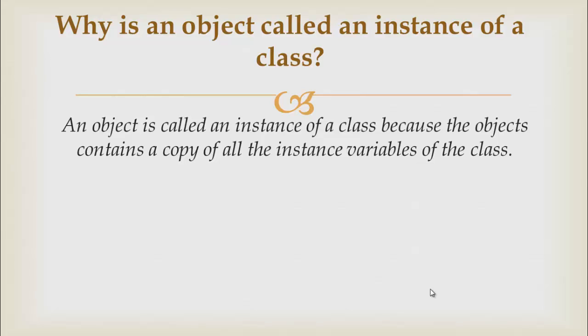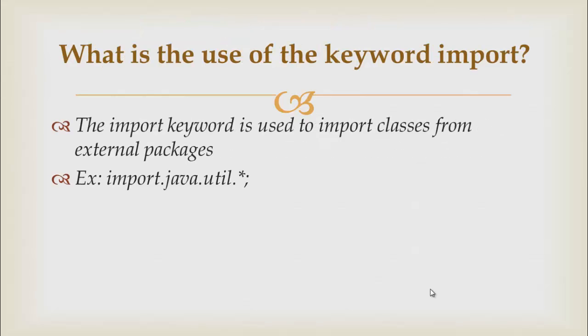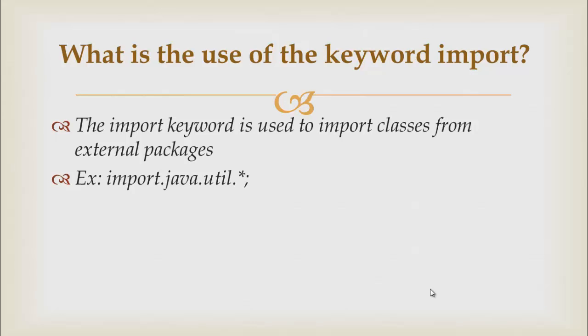Why is an object called an instance of the class? An object is called an instance of the class because the object contains a copy of all the instance variables of the class. What is the use of the keyword import? The keyword import is used to import classes from the external package. Example, import java.util.*;